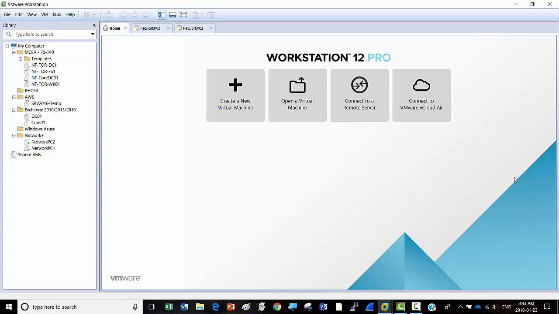And if we have a server in the environment, then no doubt we are creating the resources on the server only, but even then